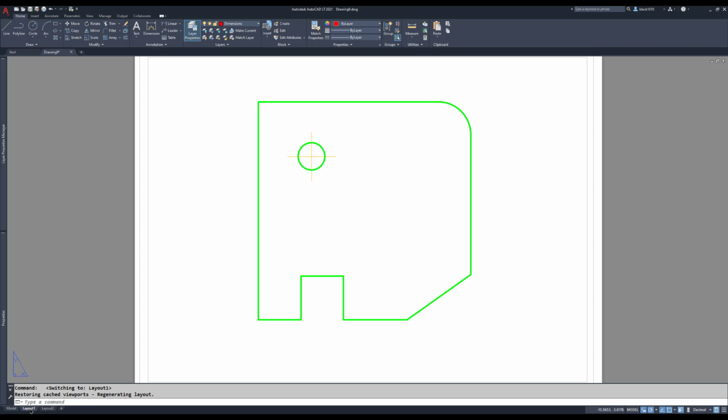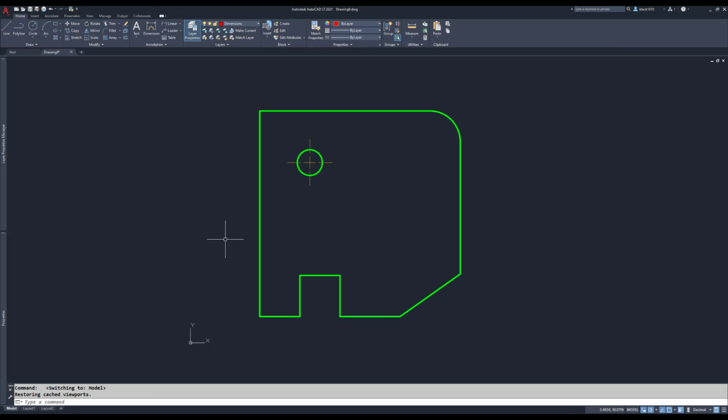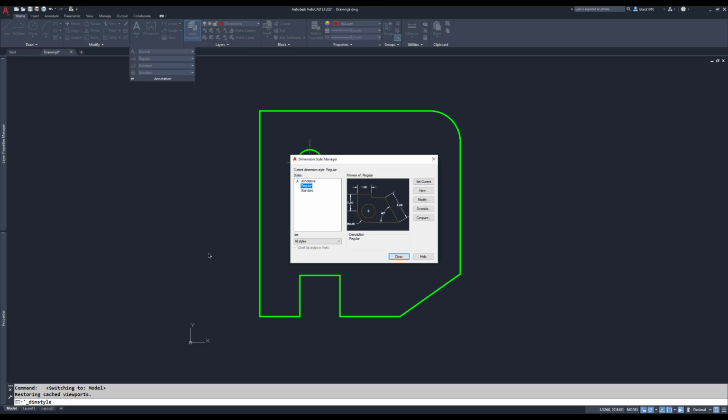Now if you remember, this is scaled down 4 times so it fits on this sheet of paper. If I place a dimension in model space, it's going to be shrunk down by a factor of 4. What I need to do is go into my dimension styles dialog box,